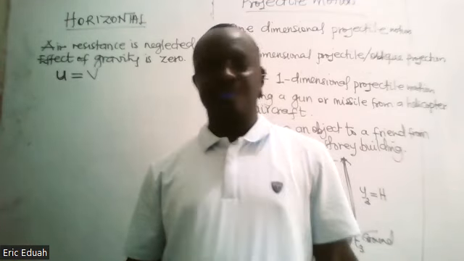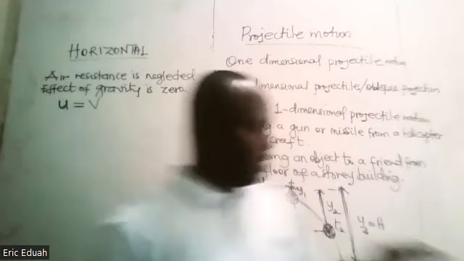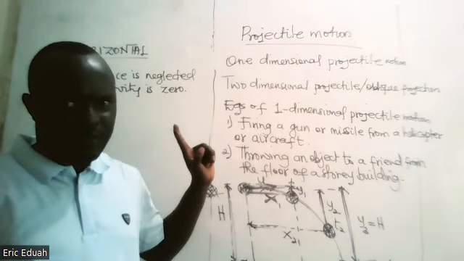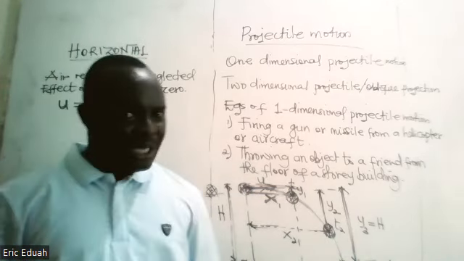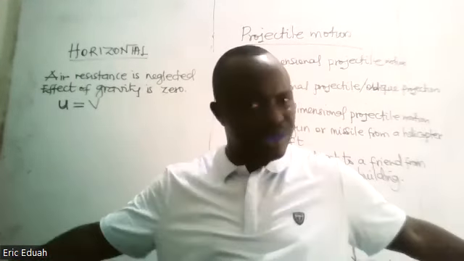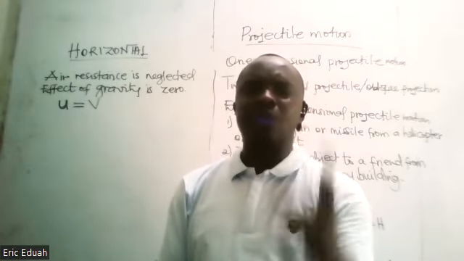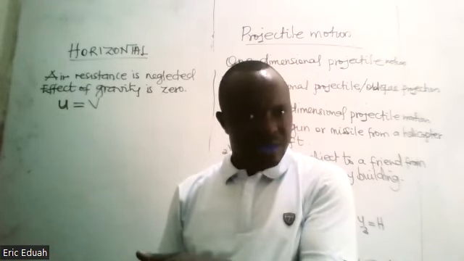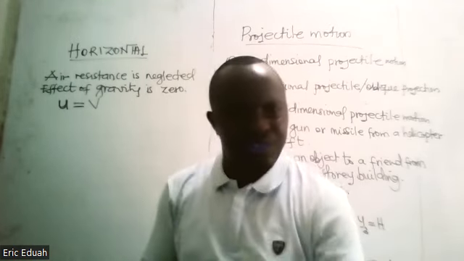You see, we are looking at horizontal analysis. Horizontal part, please mute yourself. Horizontally, in projectile motion, we have neglected air resistance. Air resistance is not there. Then there is no effect of gravity horizontally. Because the body is not on the ground, friction is also not